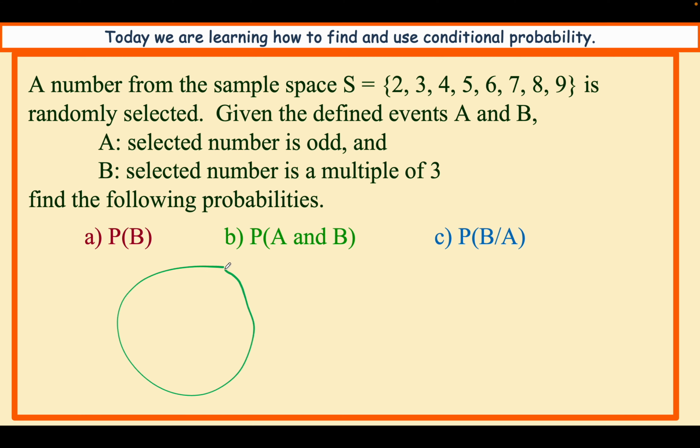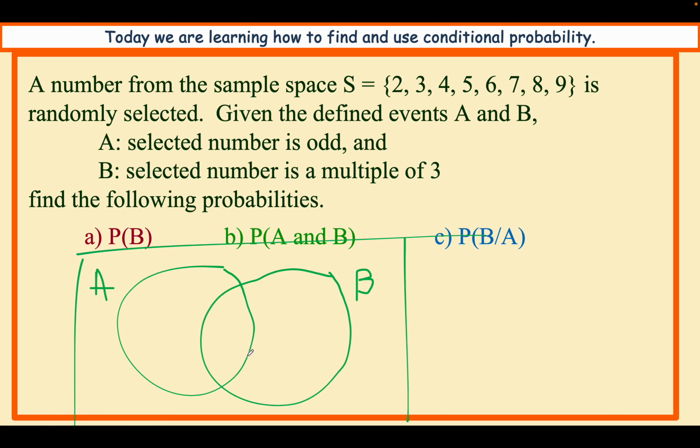We're going to have a circle here, and then we're going to have a circle here. We're going to have events A, and we're going to have events B. So it says A is an odd number, and B is a multiple of 3. And then obviously we're going to have numbers on the outside. So it's going to be as follows. So A is an odd number, so we can have numbers such as 3, 5,